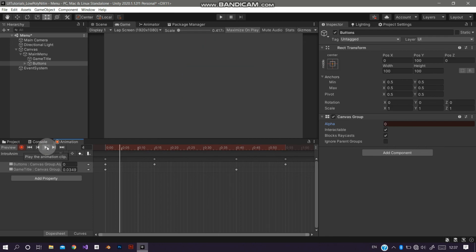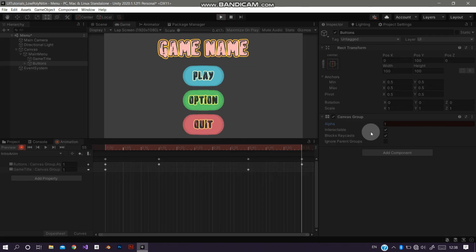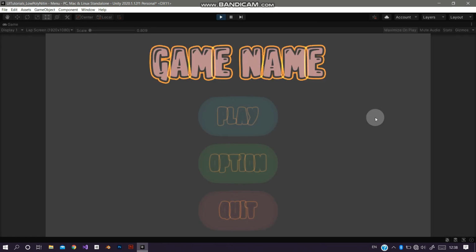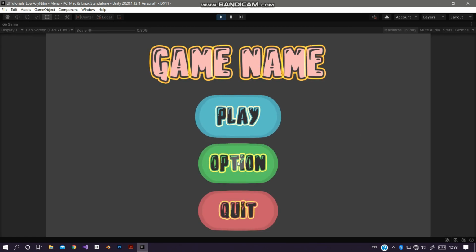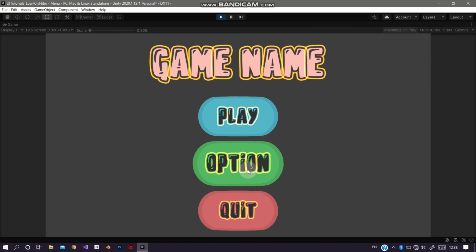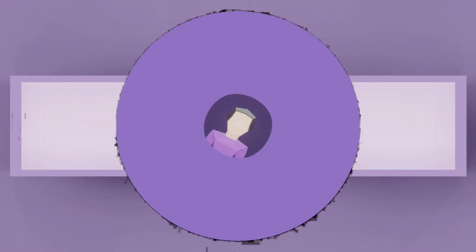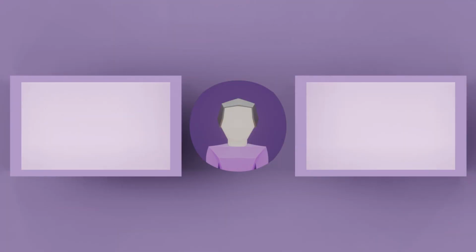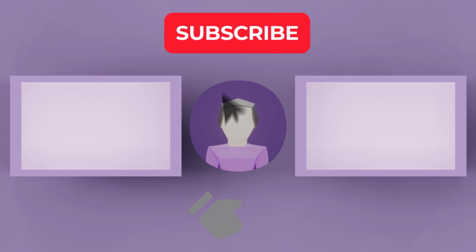Now let's hit play and see how it is looking. Yeah, now it is working correctly. It is looking really cool, but the buttons are doing nothing, so